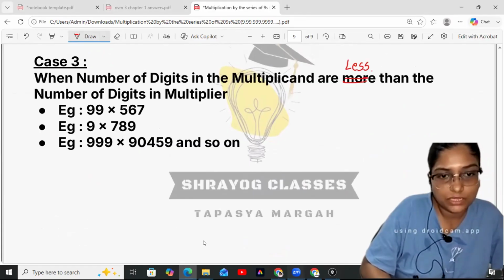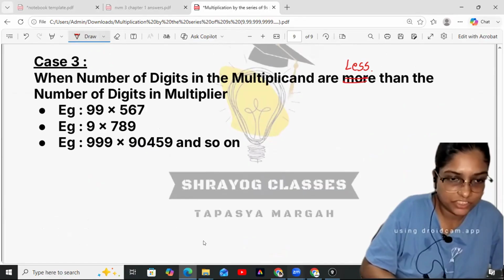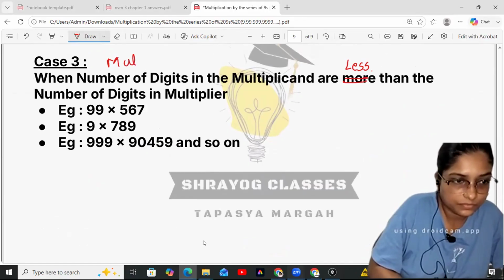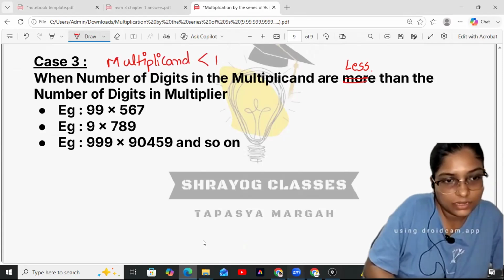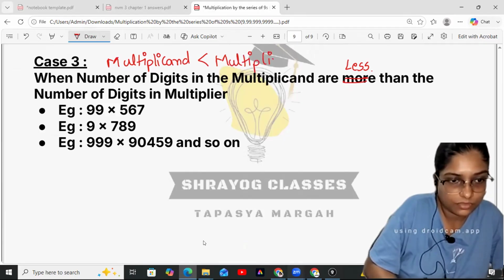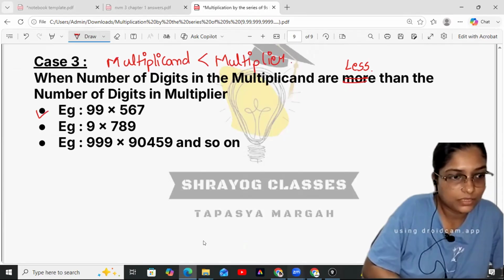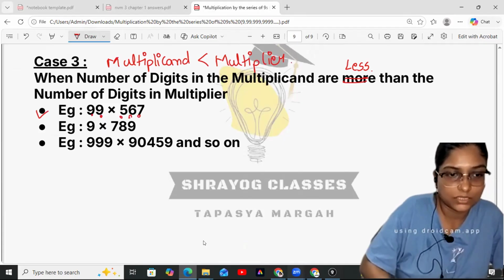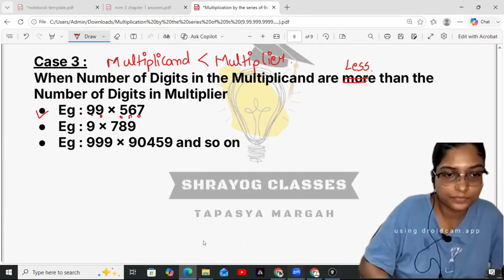Case 3 is when the number of digits in the multiplicand is less than the number of digits in the multiplier. In example 1, we see in the multiplicand there is a 2-digit number, and in the multiplier there is a 3-digit number. So in such cases, what we do is